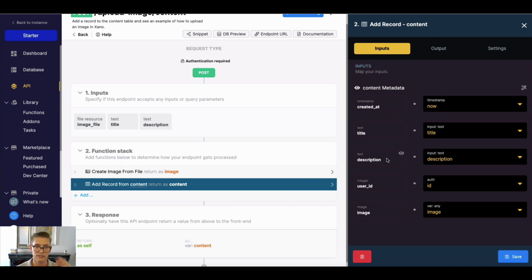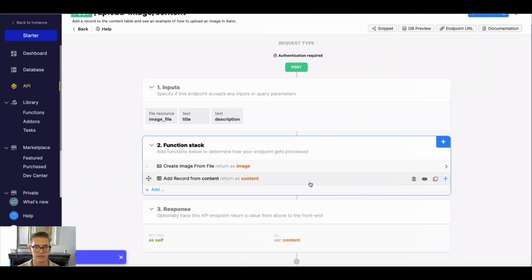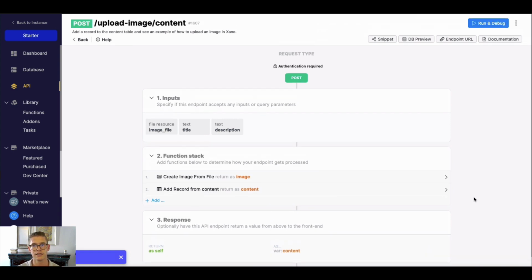And the rest of this here, I'm just mapping the title to this title input, the description, and then we're actually finding the user based on the authenticated user ID. So we don't actually have to put in the user ID. This endpoint requires authentication. So let me go ahead and run this, and I'll create some content for myself. So if I go ahead and just say run and debug,